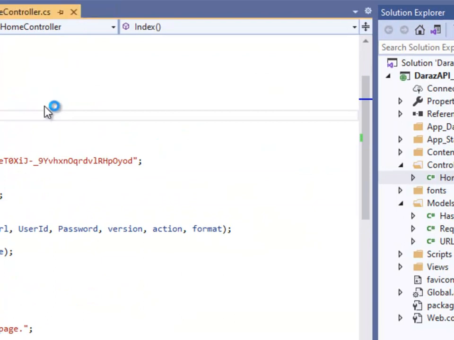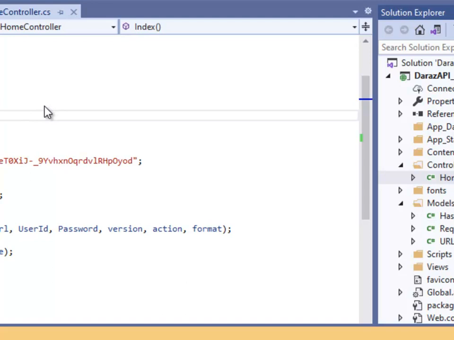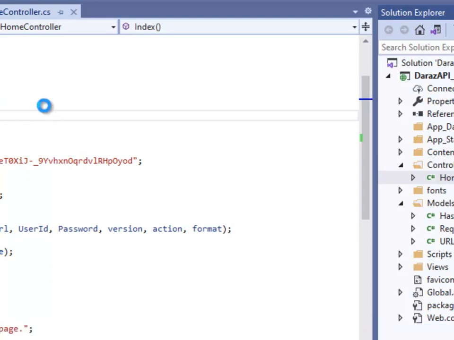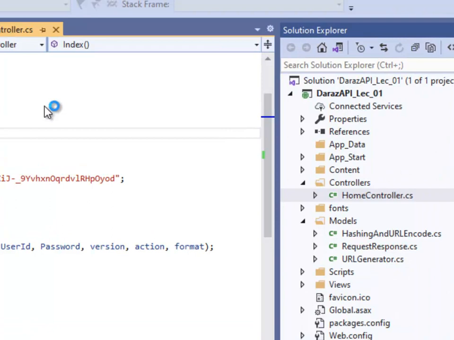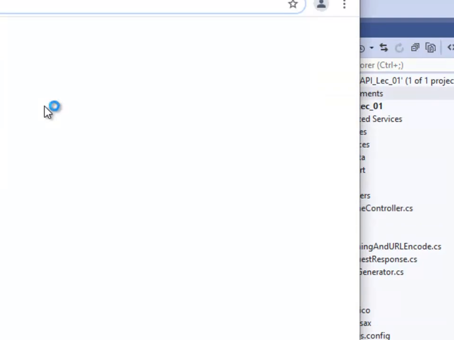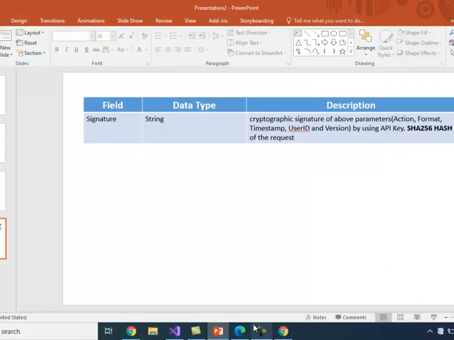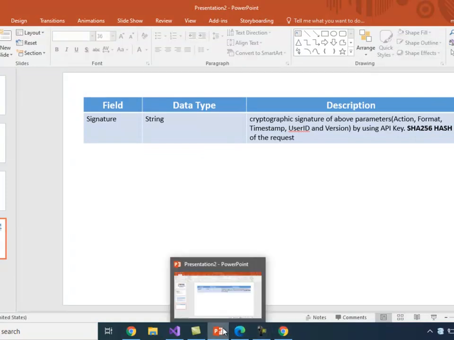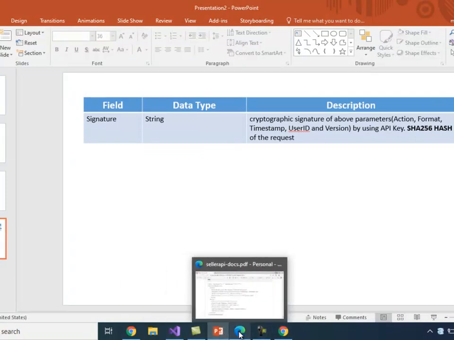Now I'm going to run this project. Here I'm going to share with you the Daraz API seller documentation.